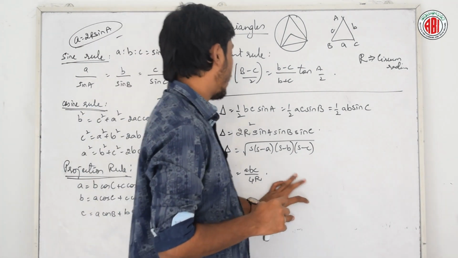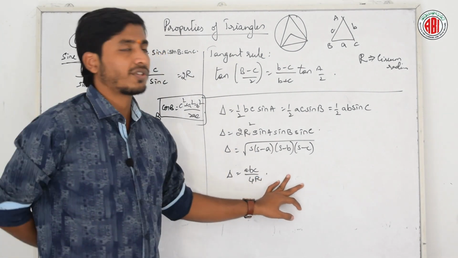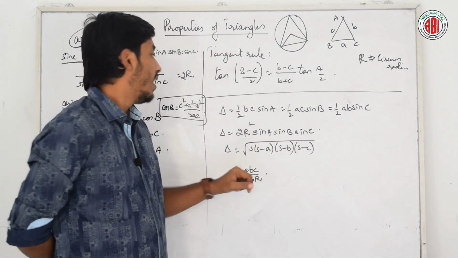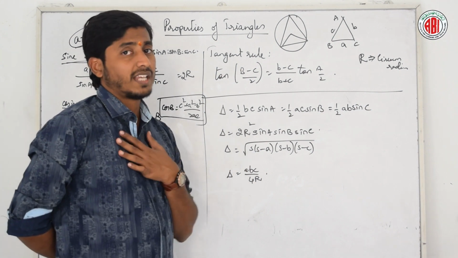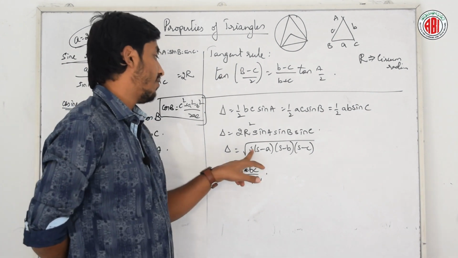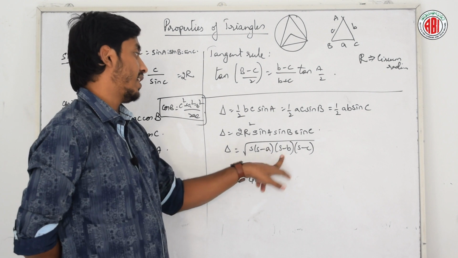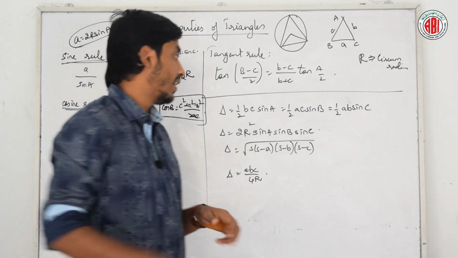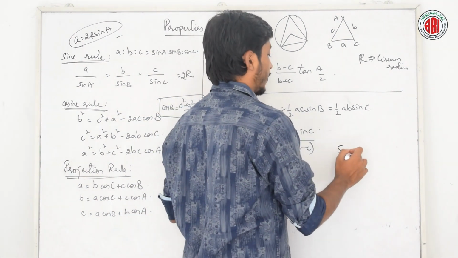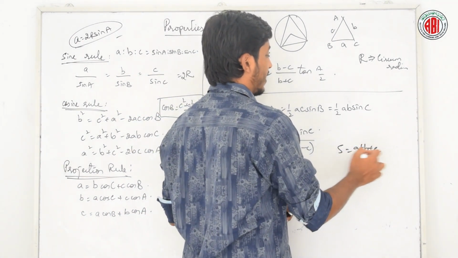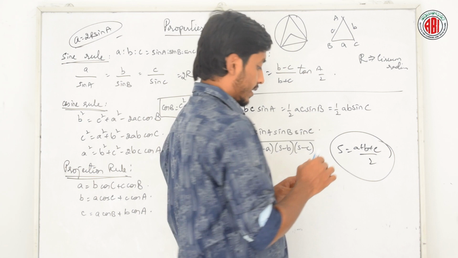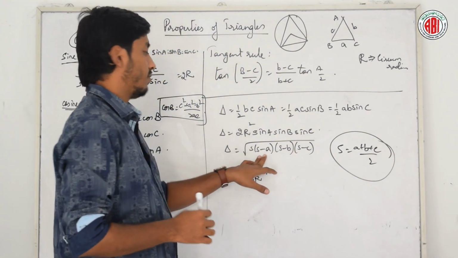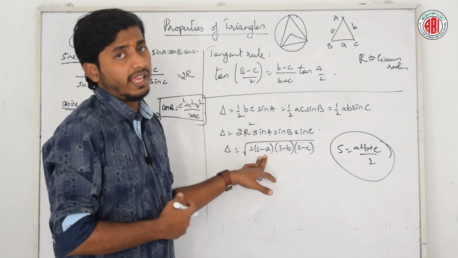And the most popular formula, which we are going to use in almost all problems, is these area formulas. The popular formula which I know is delta is equal to Heron's formula, root of s into (s minus a), (s minus b), (s minus c). What is s? s is the semi-perimeter, which is (a plus b plus c) by 2. Isn't it? Yes or no? I just have to substitute in it so that I will get the value of area.